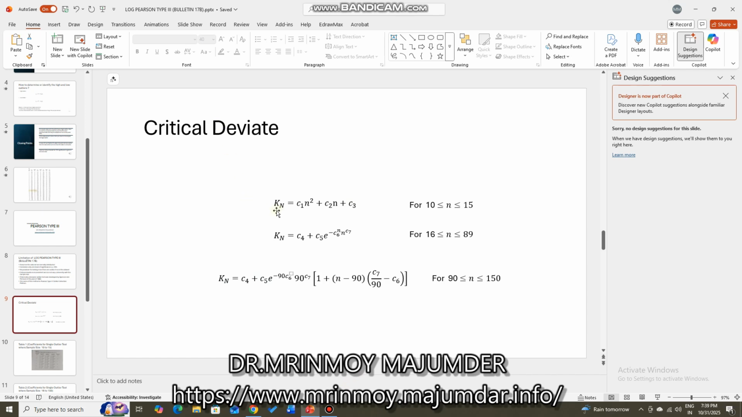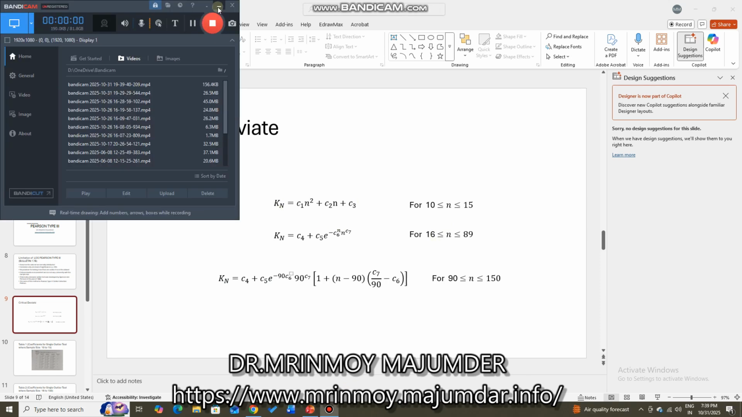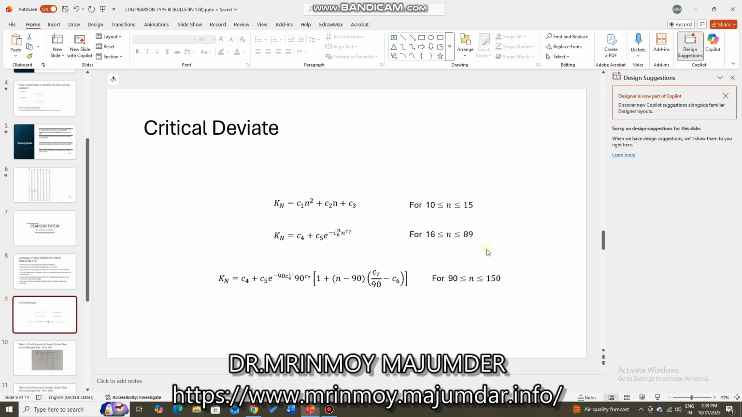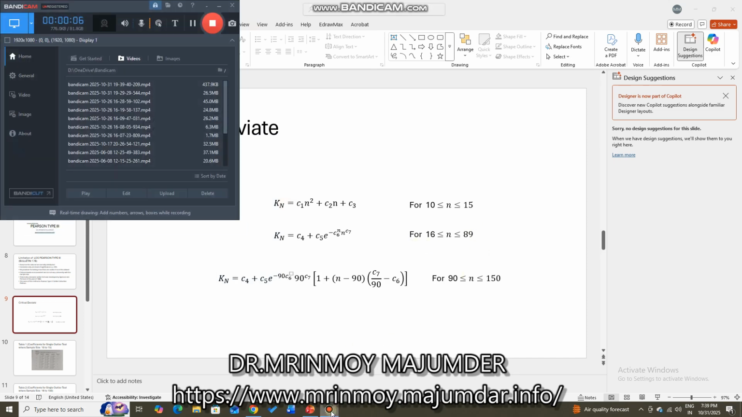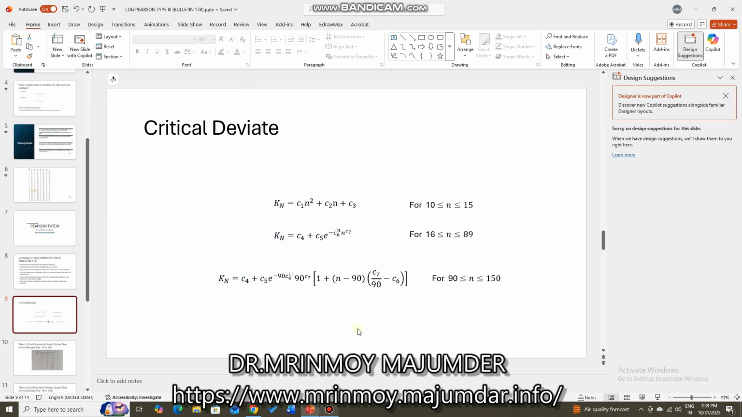We will use this equation if the sample size is within 10 to 15, and if the sample size is 16 to 89, then we will use this equation, and if the sample size is 90 to 150, then we will use this. Here C is the coefficient and N is